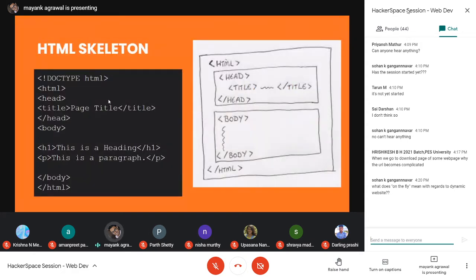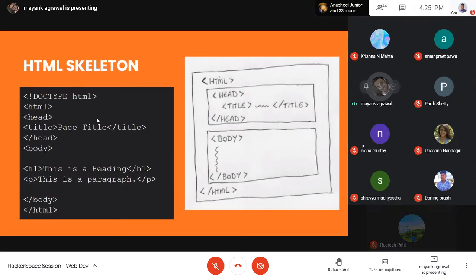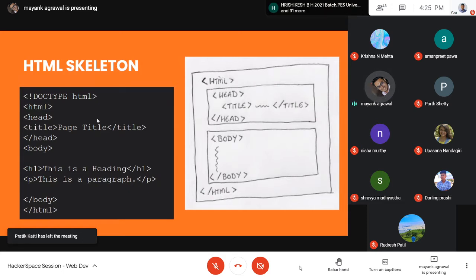So yeah, now coming to HTML skeleton. As I told, HTML itself is a skeleton of a website. So there's a particular way of writing HTML files as well. You just can't type HTML like that, but there's a certain way that you need to follow so that your browser gets to know that, okay, the file that it has received is an HTML file, and how everything needs to be interpreted so that it's common for all the browsers to display your site in your specified manner.